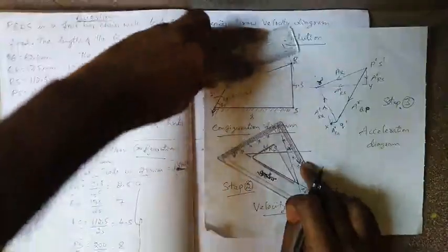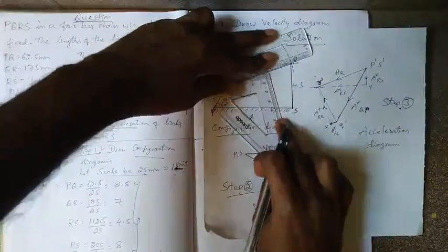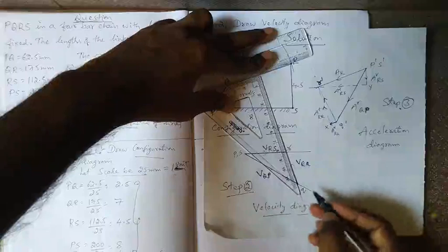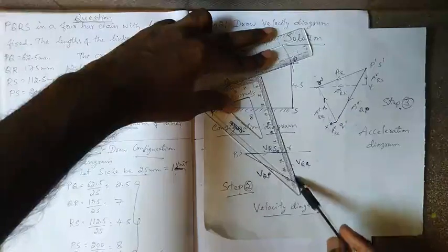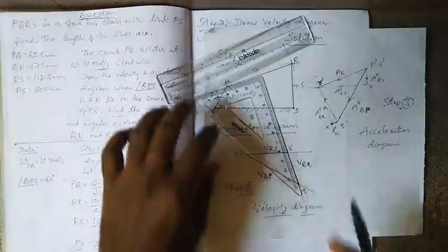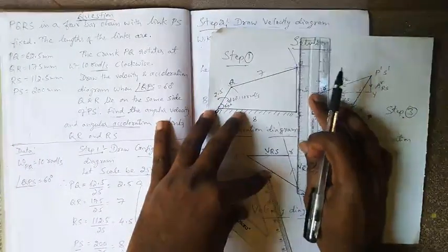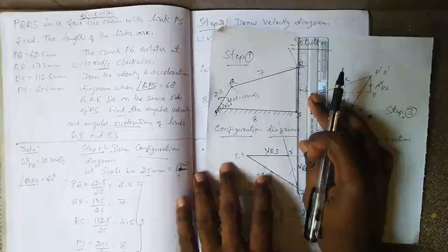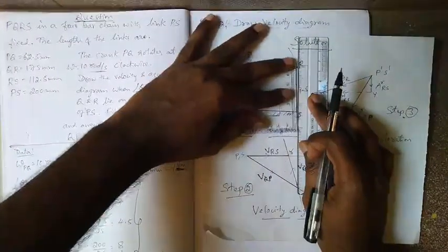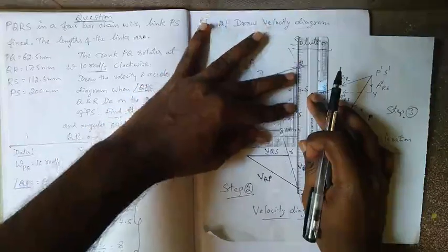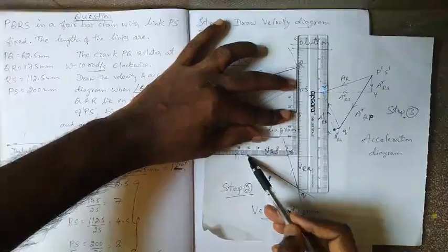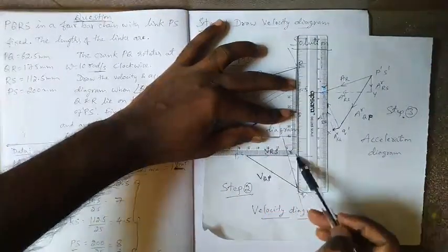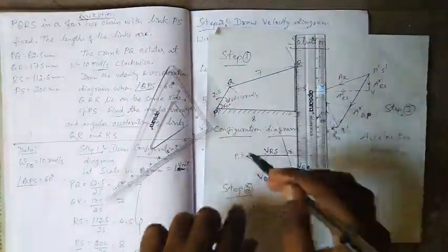And from QR you need to draw a perpendicular line starting from point Q. Finally, the line RS. Match the scale with RS and draw perpendicular to RS also. This time you should start from point P and draw a line perpendicular to RS.